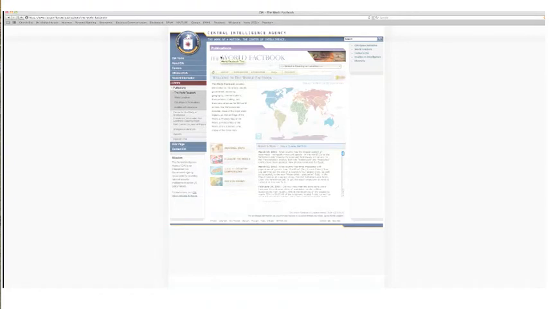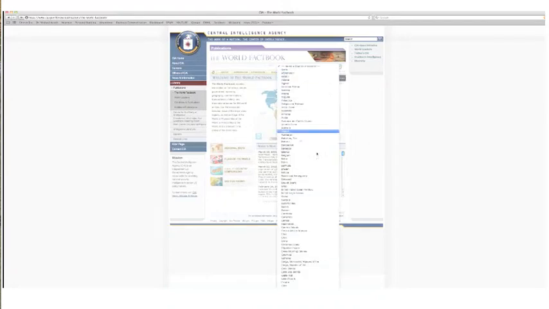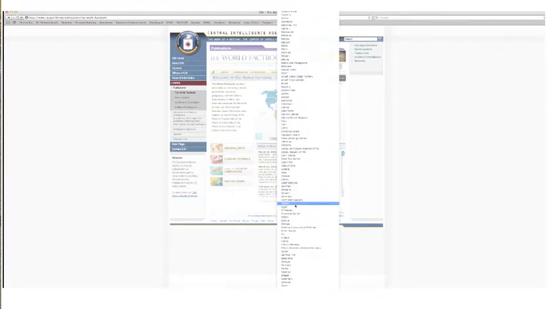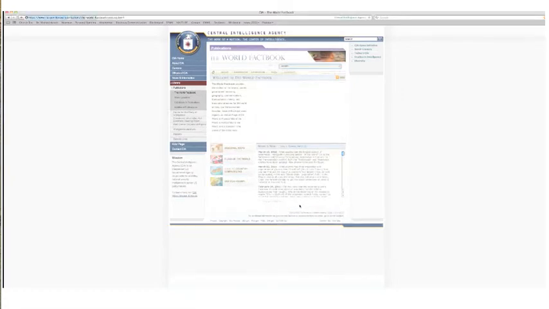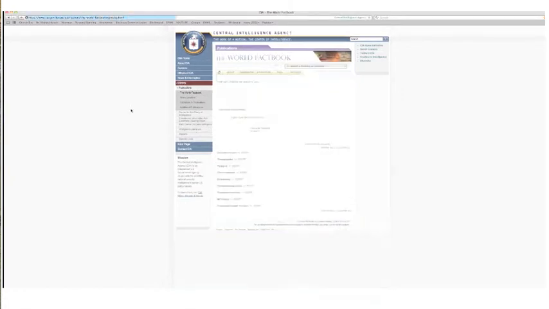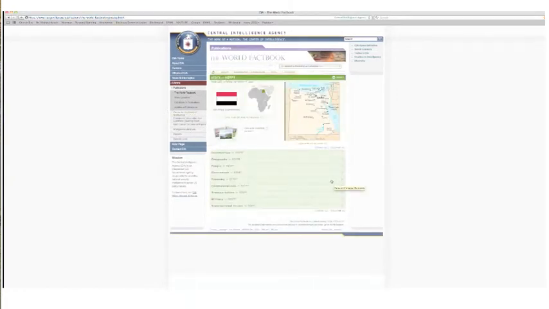The CIA World Fact Book will give you key descriptions of every country in the world and what we know about those countries, and will give you as much information as you need. Let's stick with Egypt for most basic research uses about those countries.